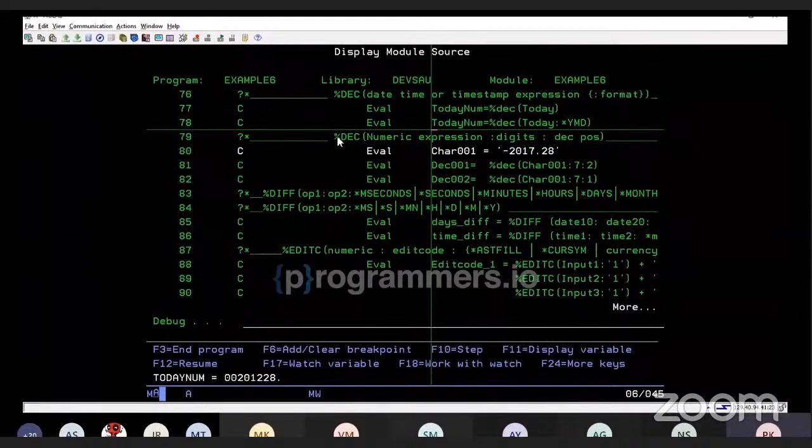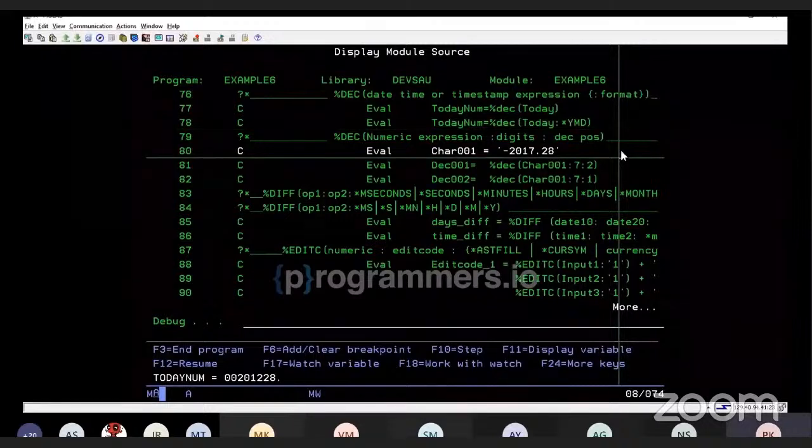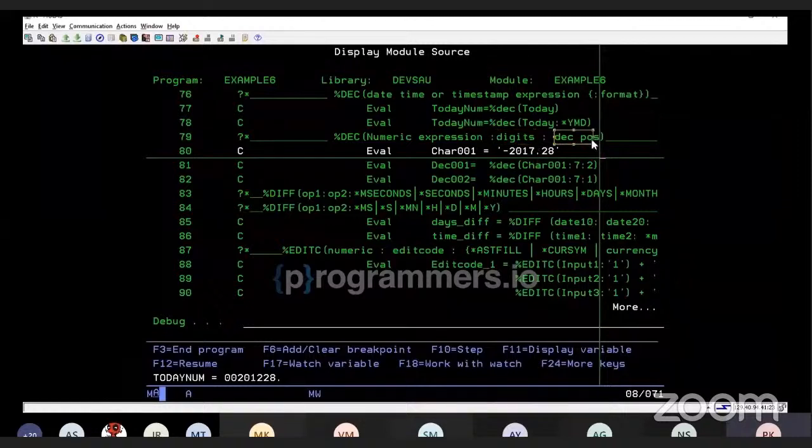Also, this %DEC function can be used to convert a character variable into numeric, but it should have all numbers in it. Its syntax is the numeric expression that is stored as a character, then the digits that we are expecting before the decimal point,